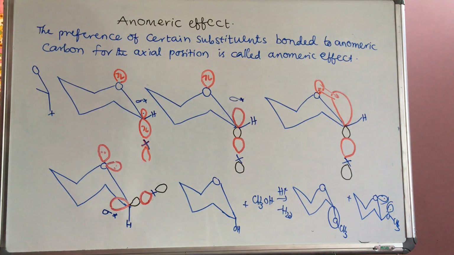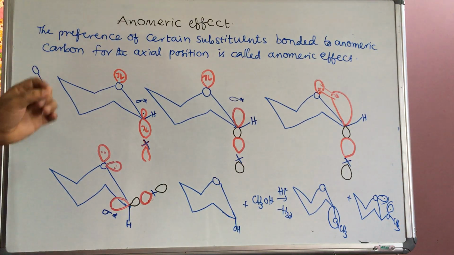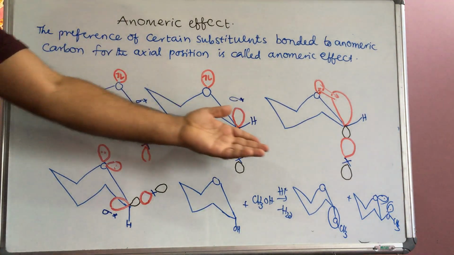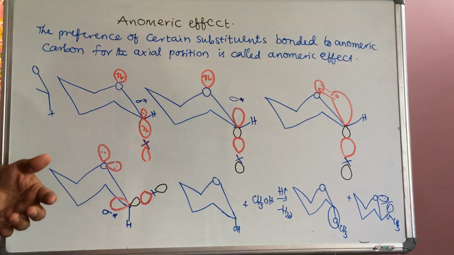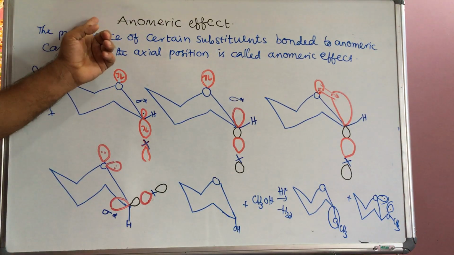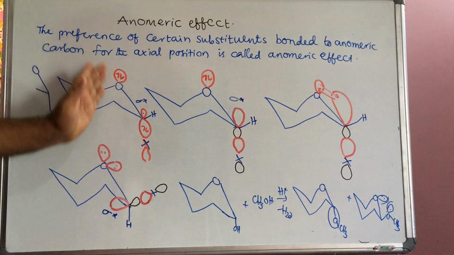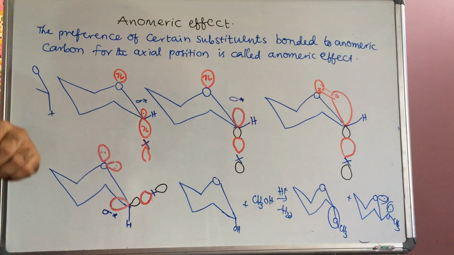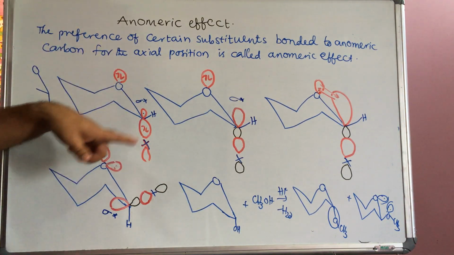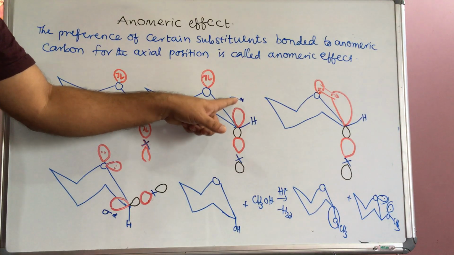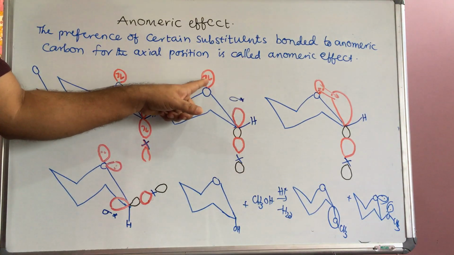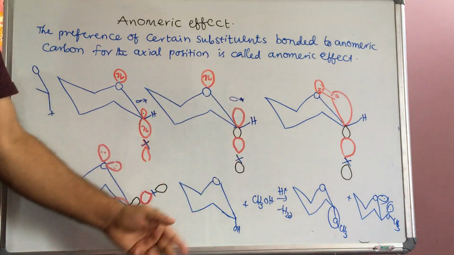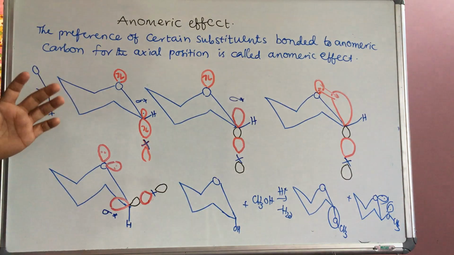Keep in mind, sometimes they may ask the question, what does the anomeric effect mean? Some groups or atoms, generally a more electronegative atom like X or a methoxy ether type group, are preferred at the alpha position, that is the axial position. What is the reason? The anti-bonding sigma star orbital and the lone pair of oxygen in the ring are parallel to each other, and that is stabilized by hyperconjugation. That is the main reason for the anomeric effect.